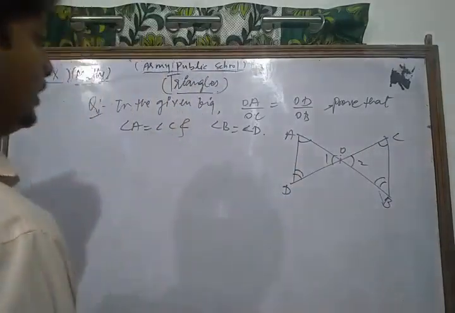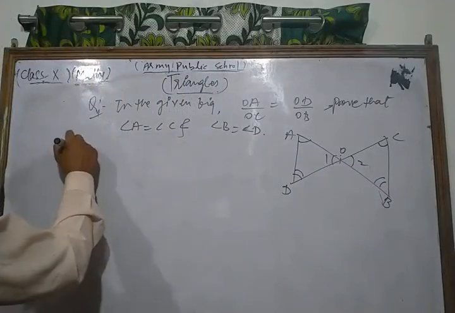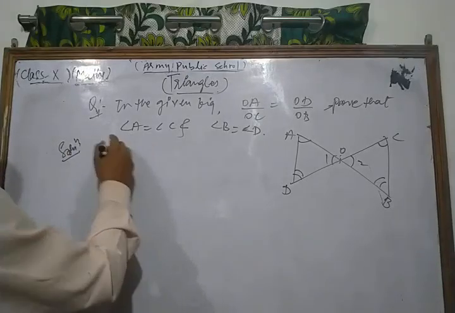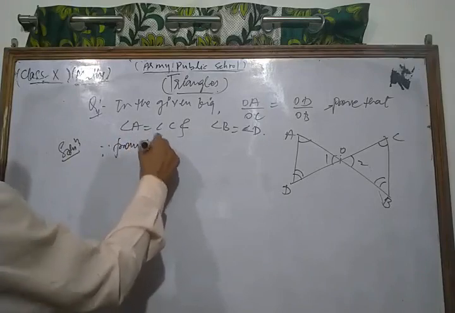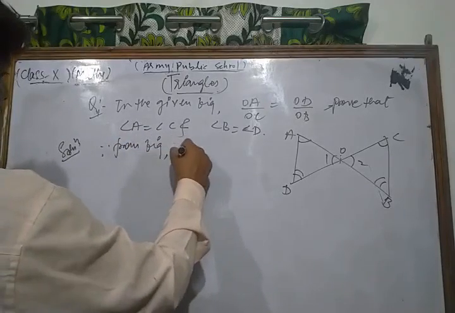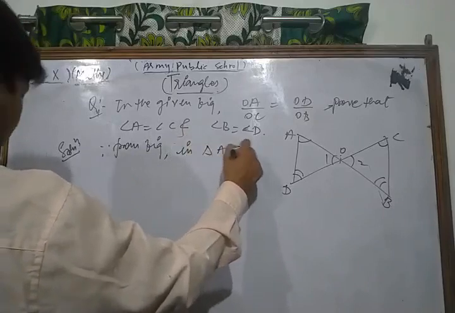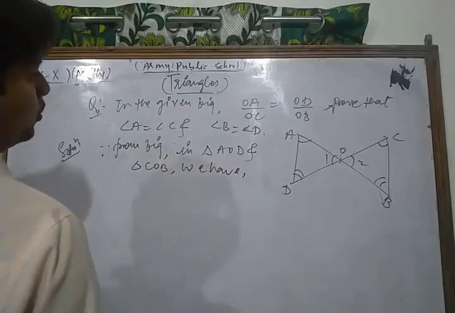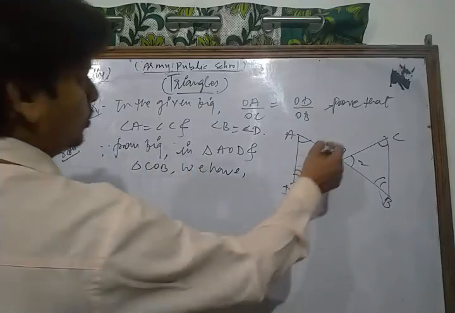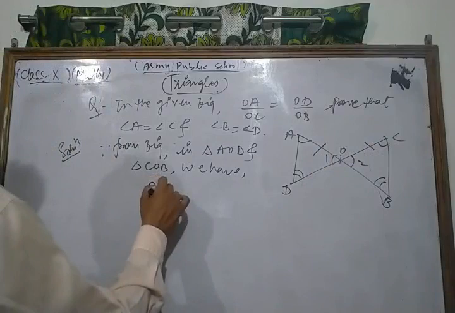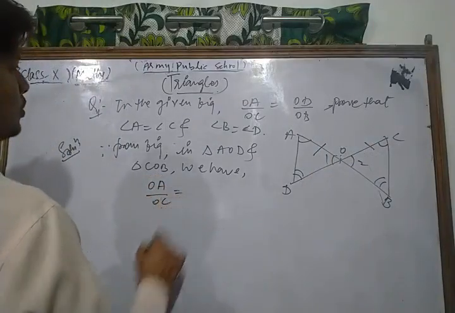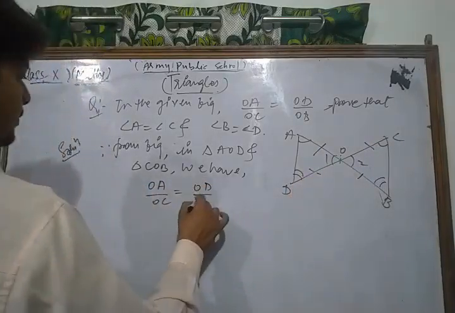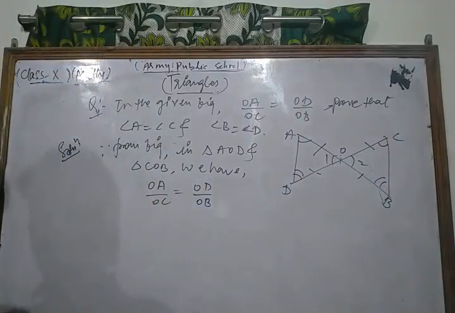So look, now let's see its solution. Since, from the figure, in triangle AOD and triangle COB, we have, look, OA upon OC is equal to OD upon OB. Okay,